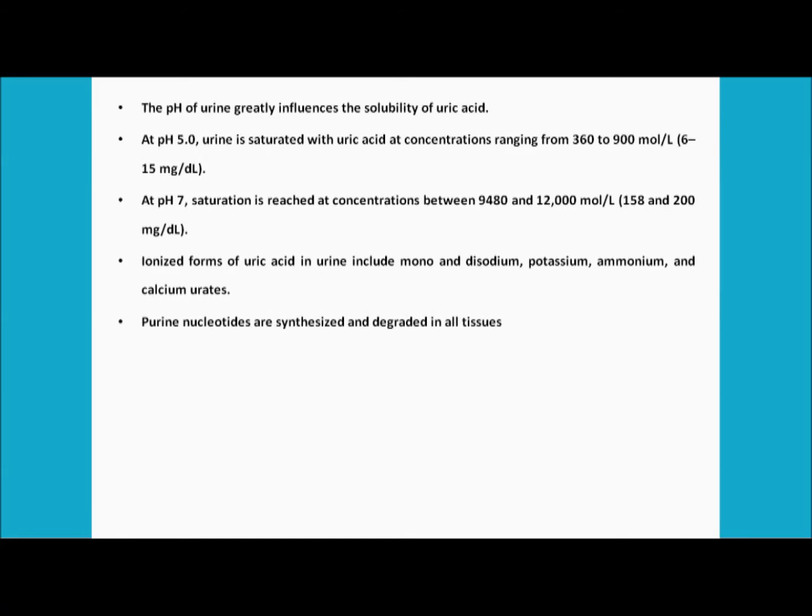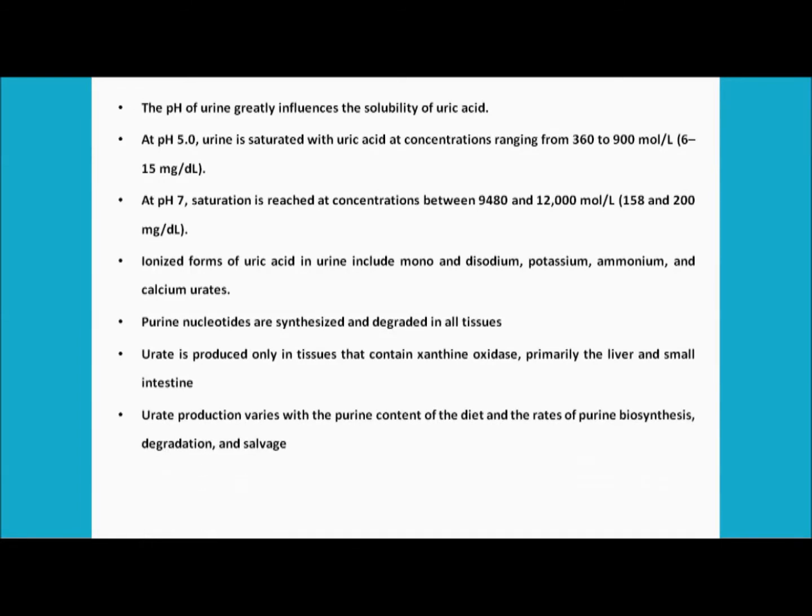Now the purine nucleosides are synthesized and degraded in all the tissue of the human. So the thing is that the urate is produced only in the tissue that contains the xanthine oxidase. So it is very important that only those tissues like liver and small intestine can produce the uric acid, because the xanthine oxidase is primarily present in the liver and the small intestine in the human body. Moreover, the urate production varies with the purine content in the diet actually, and the rates of the purine biosynthesis,